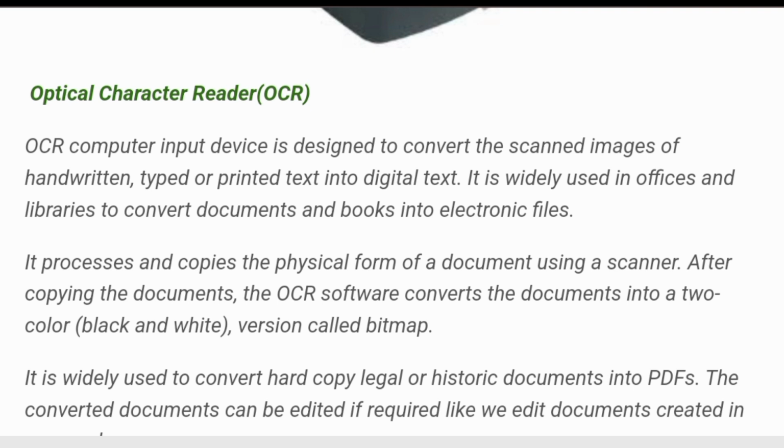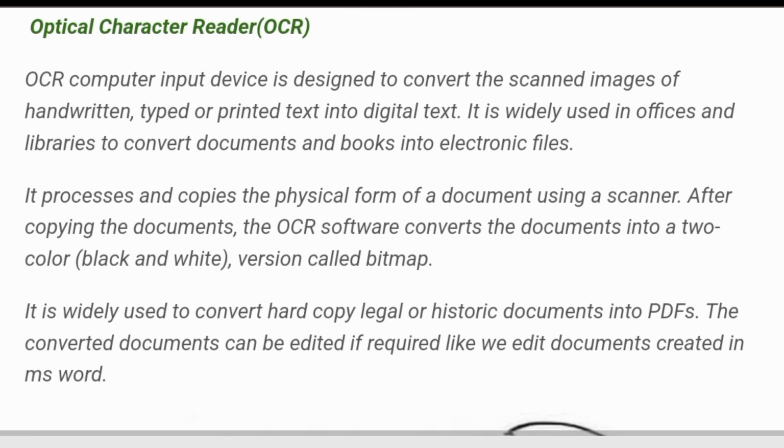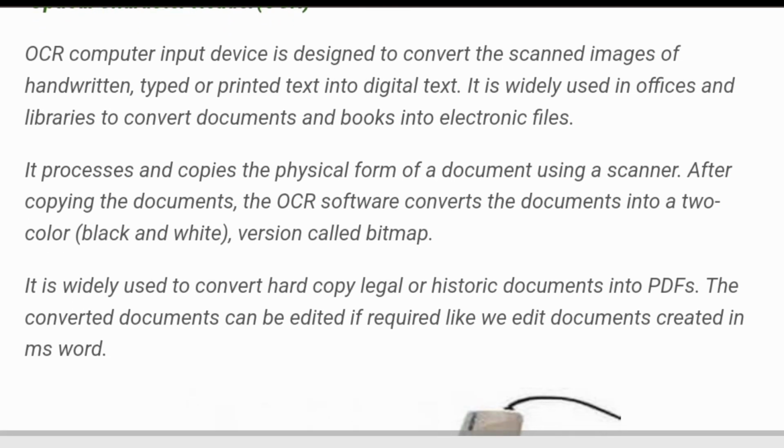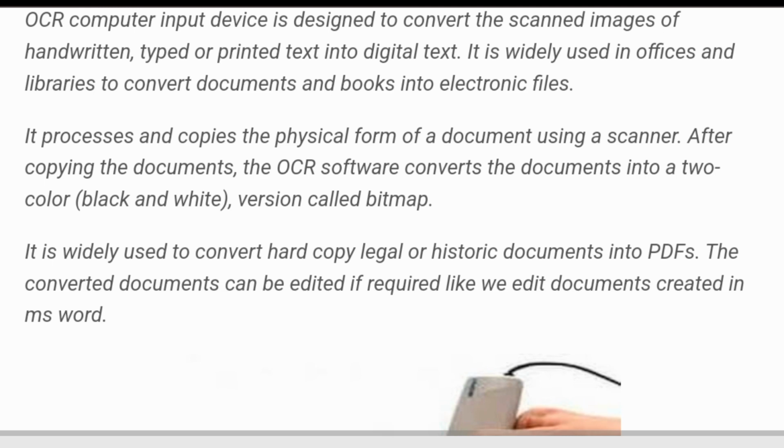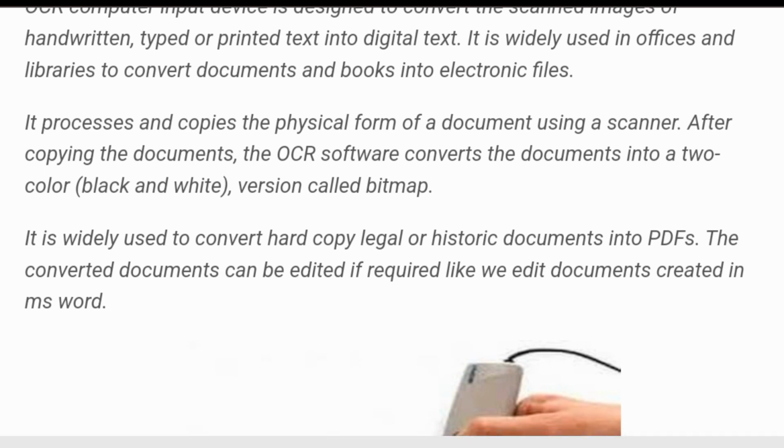It is widely used in offices and libraries to convert documents and books into electronic files. It processes and copies physical forms of documents using scanners.